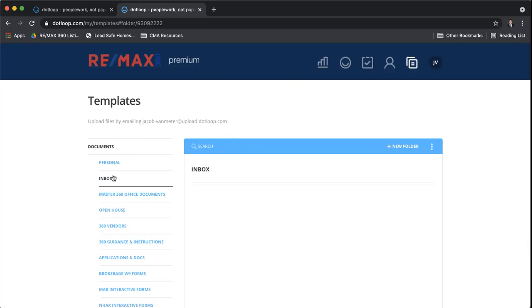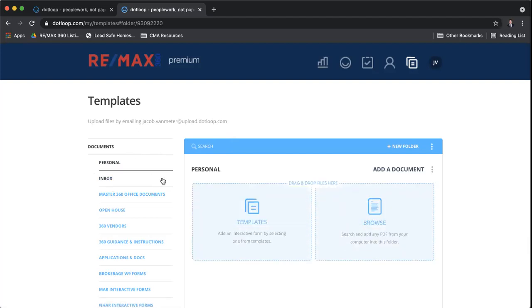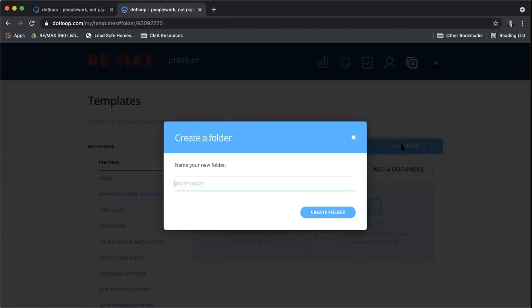And then your inbox is if you message yourself or you email yourself documents through Dotloop, they would show up here. But these are two default folders that are created by Dotloop. You do not have control over moving them or deleting them or renaming them. However, if you want to create your own personal folder for something else, you would just click on new folder,